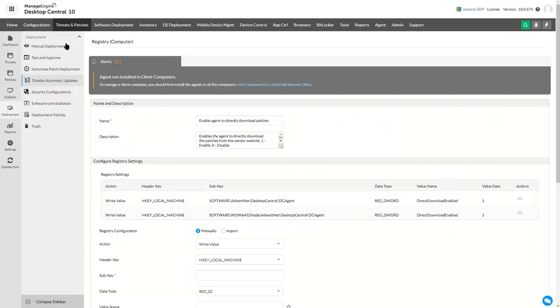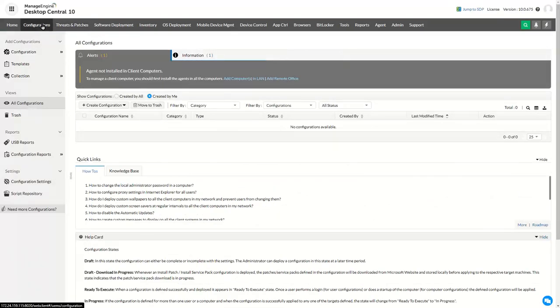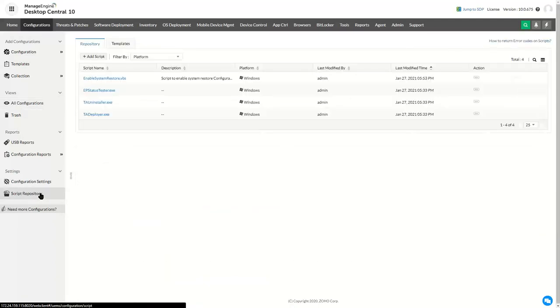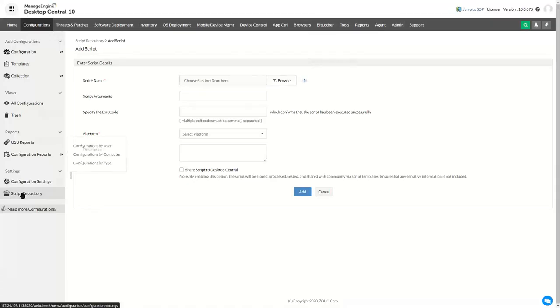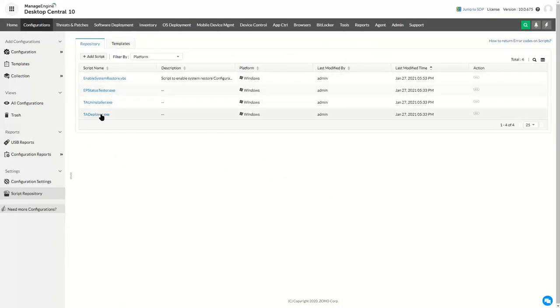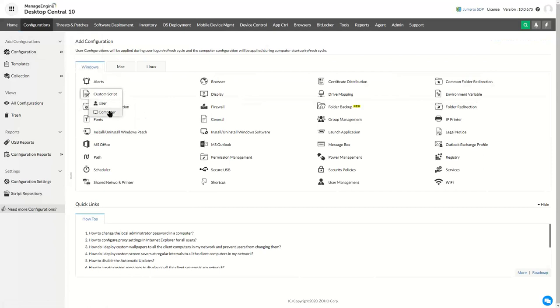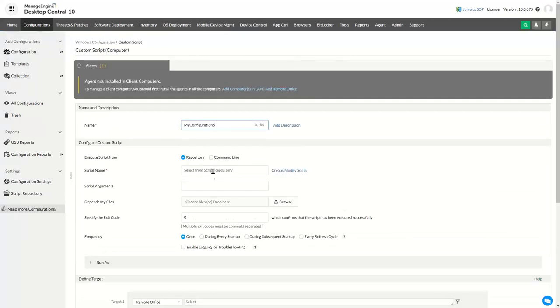Let me open the web console and help you how to deploy these NAC controls into your organization. Navigate to Configurations, Script Repository, and you can add the script manually by uploading those dependency files where I have already added all those devices. With this, you can proceed to deploy the script, selecting TA deployer